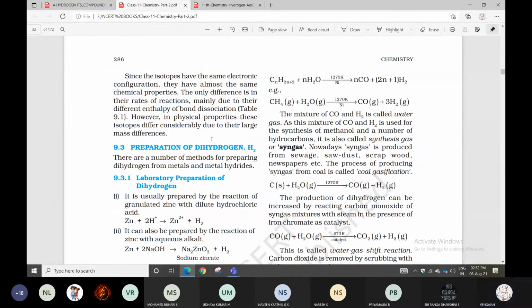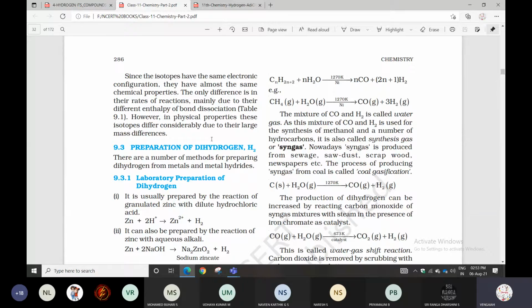Preparation of dihydrogen. There are a number of methods for preparing dihydrogen from metals and metal hydrides also. There are a number of methods, a number of techniques for preparing dihydrogen. From metals you can prepare, from metal hydrides also you can prepare. First one is